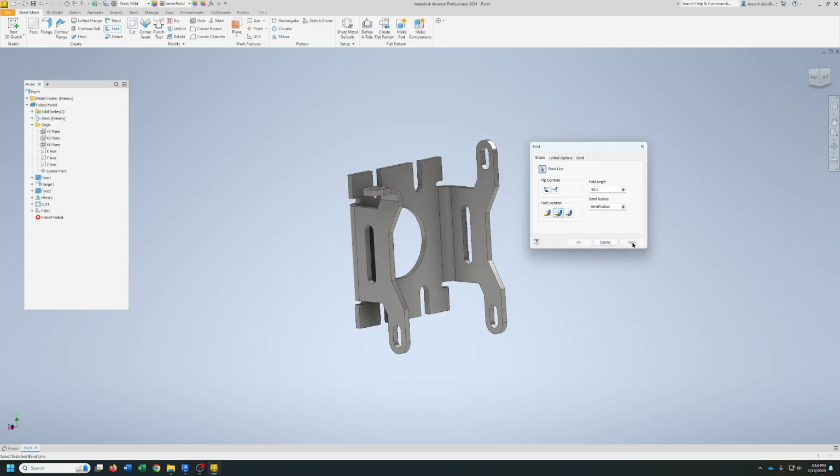So we'll hit apply, and there we go. Unfold options the same, bend options the same, okay? All right, so